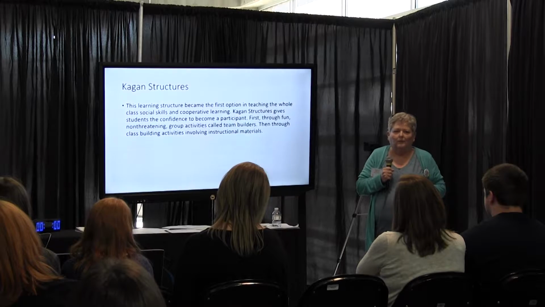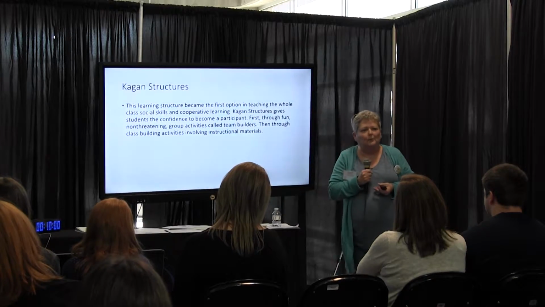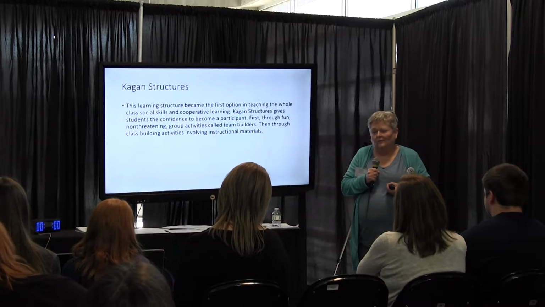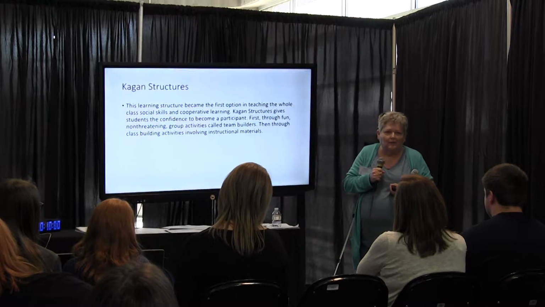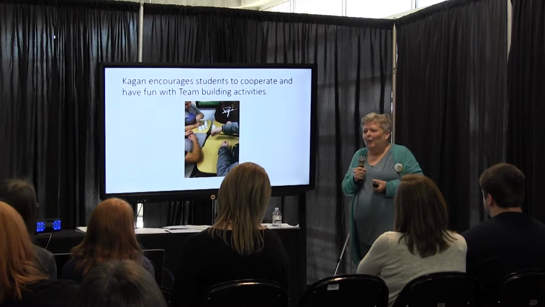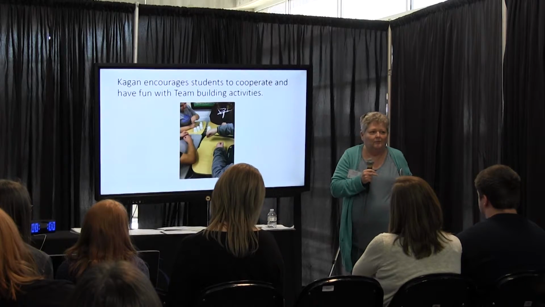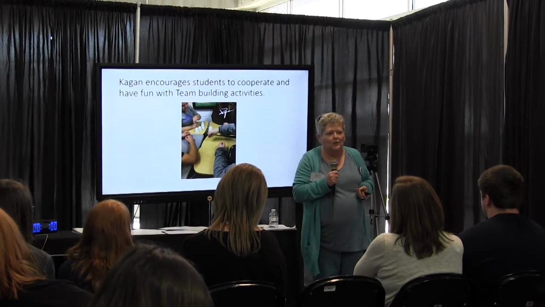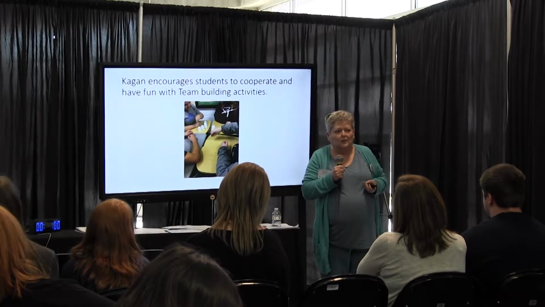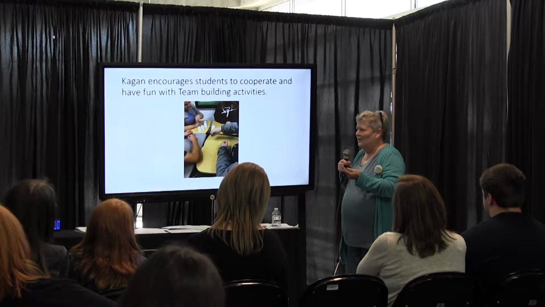Now, I've done cooperative learning in the past, put a group together and give them instructions and have them do the work. And the one thing that you notice right off the bat is there's one kid that looks like it's a little overworked. Some of them look like they're really relaxed, too relaxed. Well, Kagan cured that problem because it required every student, including my exceptional students, to assume a role, complete their role before the next student could start on theirs. So it eliminated problems like, I'm not touching this and it's just flying through.